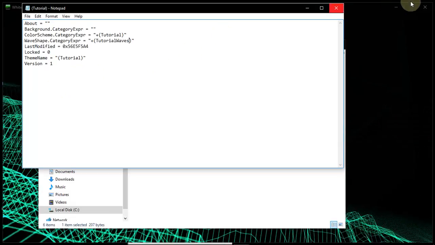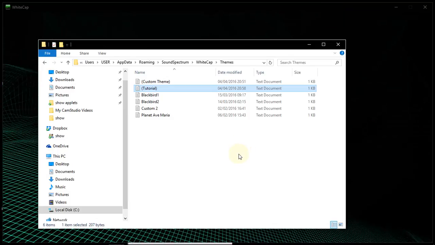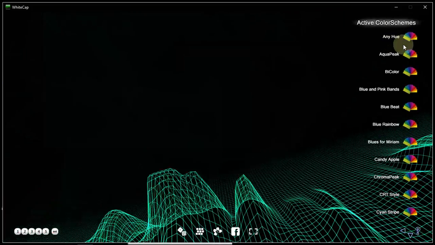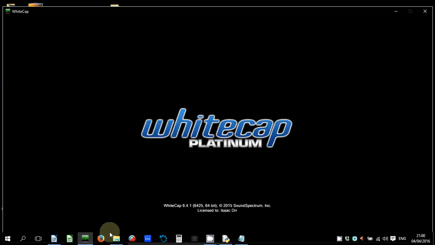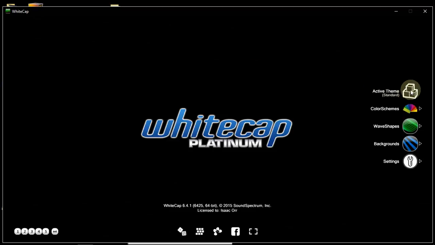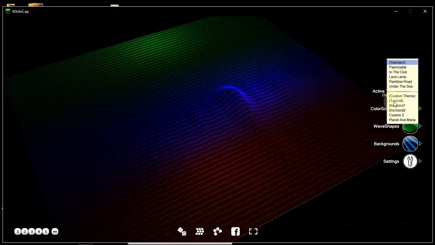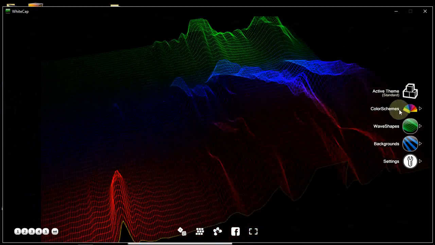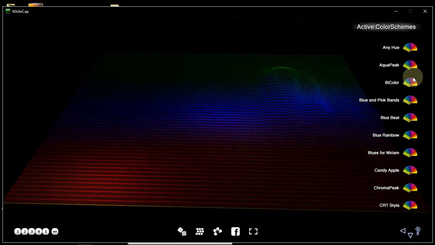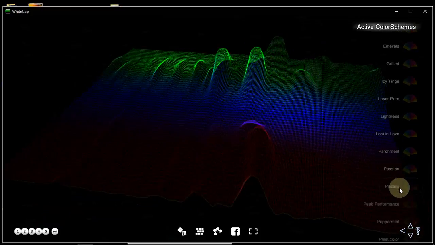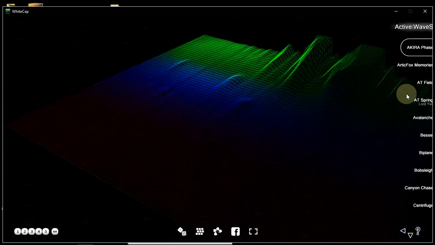Now, what do you do with this theme? This theme is what we've been looking for. If we close WhiteCap and reopen it to reload everything, then here we can select the active theme, and now you can see we also have tutorial. If we look before in the standard theme, if we look at the collection of active color schemes, then we can see that we have a lot of stuff going on here, a lot of active wave shapes,